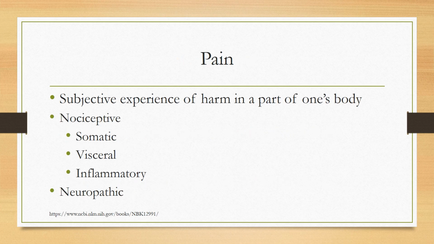So what is pain? It is a subjective experience of harm in a part of one's body. So emphasis on subjective. Pain is never an objective measure. What is a 2 to one person may be a 10 to someone else. It usually results in the release of histamine, bradykinin, substance P, or other